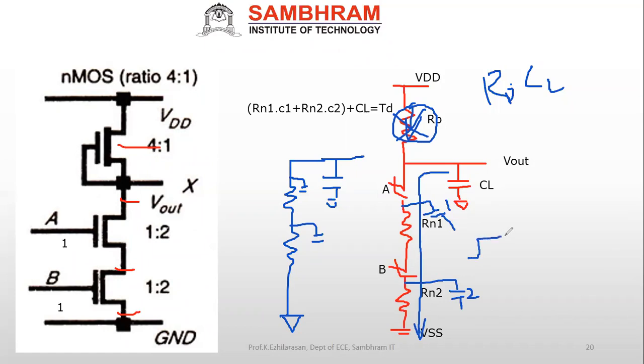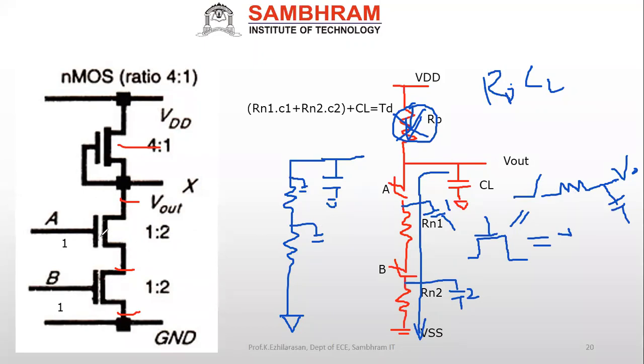If you are having a doubt, you can think like this. See, this is one transistor. It will look like this: a switch, then a resistor, then a capacitor. This will be your V out. This will be your VSS. This is your transistor. Each and every transistor will have one resistor and one capacitance, that is, an internal capacitance.